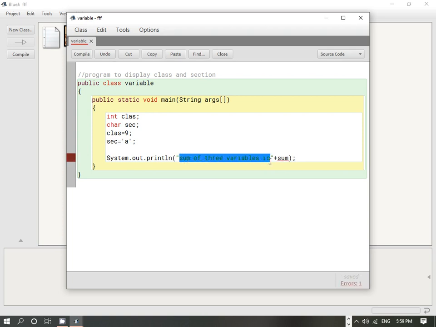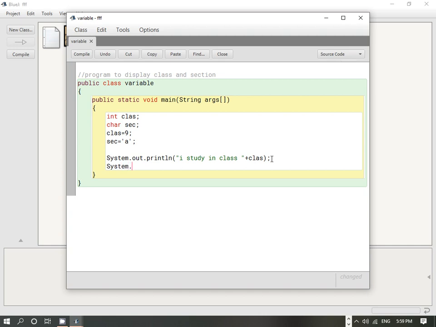So here I'm going to change the statement. I study in class. Here I have to change the variable name, that will be class. One more I will write down system dot out dot println.